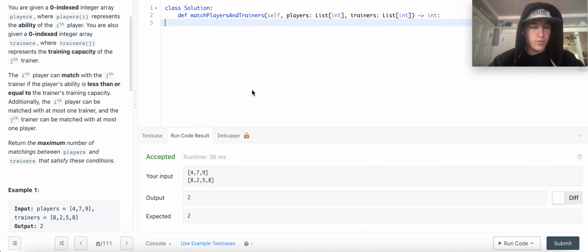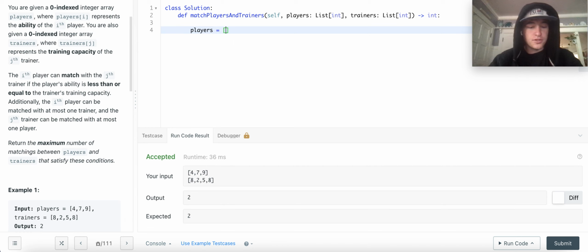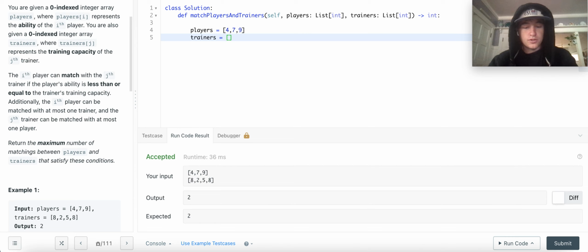All right, so in this example, we have players equals [4,7,9], and we have trainers equals [8,2,5,8]. Well, we can match player 4 with this trainer, or with this trainer, or with this trainer, right? Because the trainer's capacity is greater than or equal to the player's capacity. So 7 can be matched with this trainer and this trainer. 9 can be matched with 0 trainers, because there's no trainer that has a capacity greater than or equal to 9. So this problem,